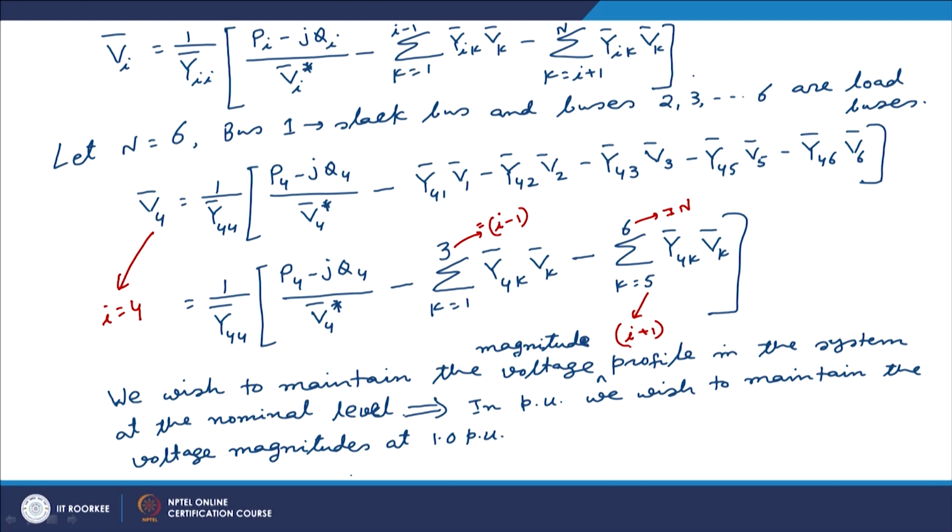So, because we wish to maintain the voltages at 1.0 per unit, it makes sense that we should take the initial value of the voltage magnitude as 1.0 per unit for all the buses. But then the question comes, what should be the angle? Now, we know from our